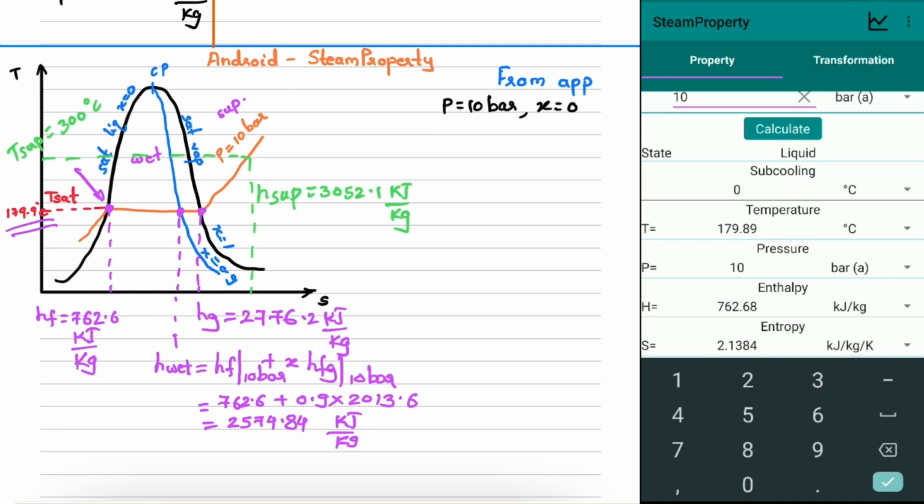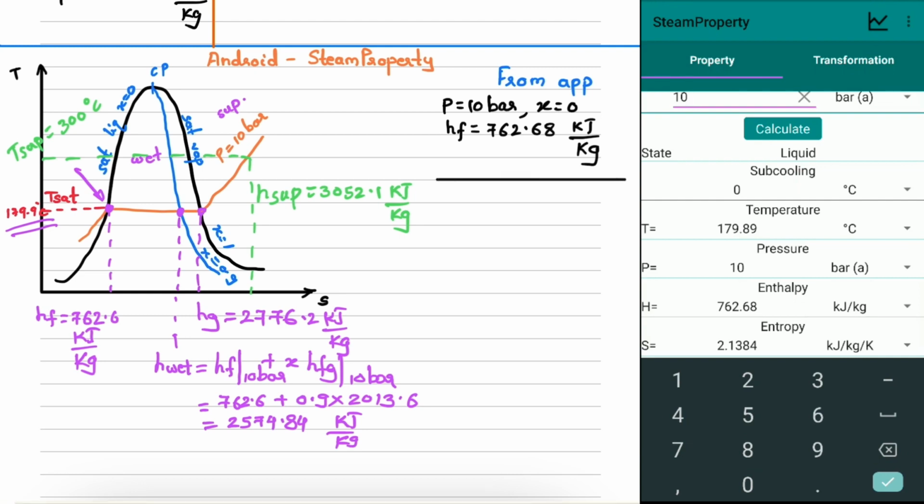So we get enthalpy as HF equal to 762.68 kilojoule per kg. Now we'll try to calculate the next enthalpy value,